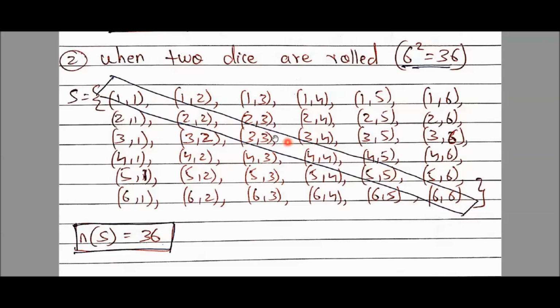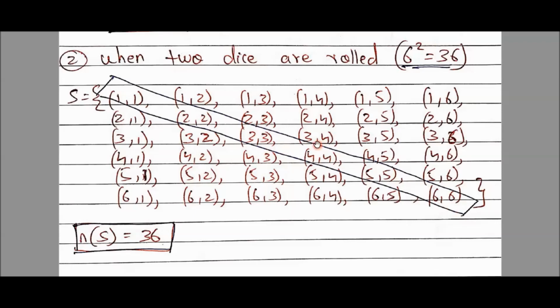Now you must be thinking why I have highlighted this. I have deliberately drawn this diagonal. Why so? You don't need to do it. This is just for your extra knowledge, that the elements which come in this diagonal have both the elements same. Meaning if I say that one die is in the right hand and the other die is in the left hand, and both are rolled together, then both dice will show the answer 1, 1. Both the answers of both the dice are 2, 2, 3, 3, 4, 4, 5, 5 and 6, 6.